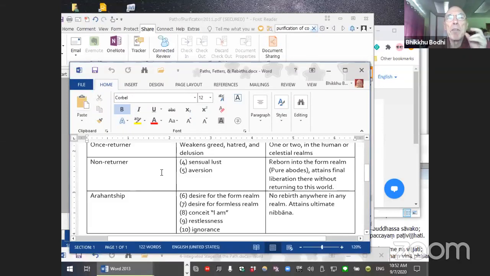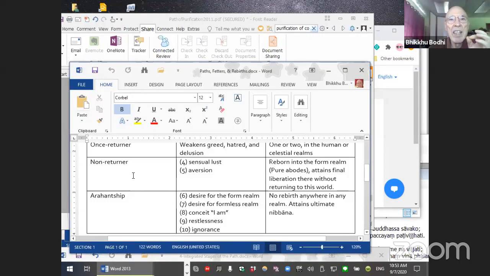With the attainment of the path and fruit of the non-returner, this is like the moon on the night when the moon is three-quarters bright, but there's still one quarter of the moon shrouded in darkness. That is like the mind of the non-returner. In that one quarter of darkness, the one quarter of ignorance, that is like the ignorance that is remaining even in the